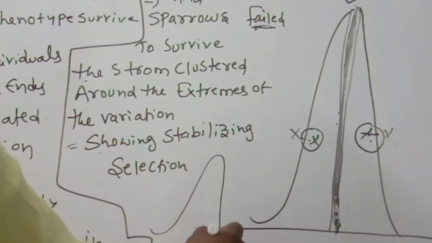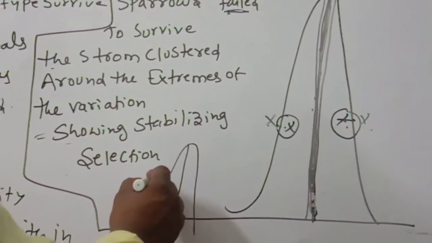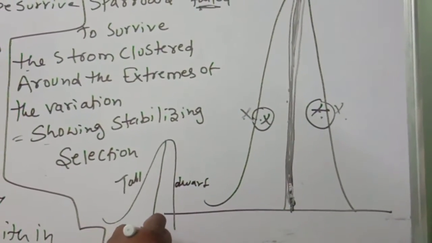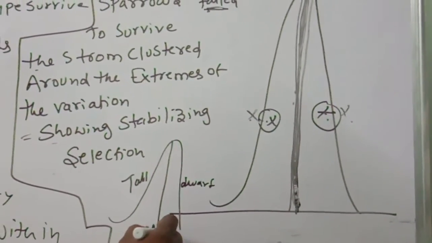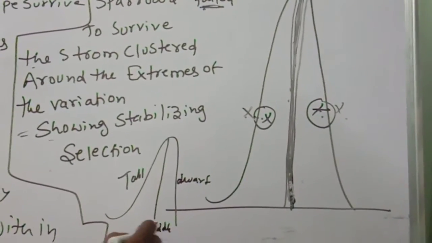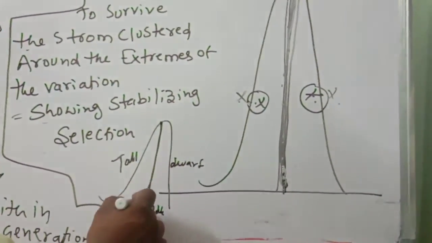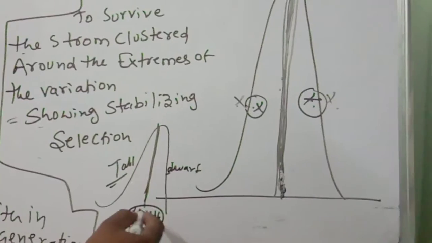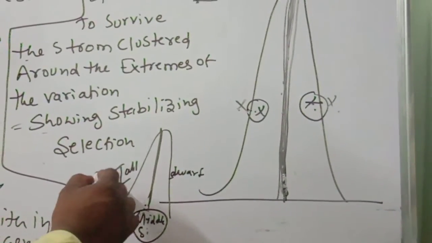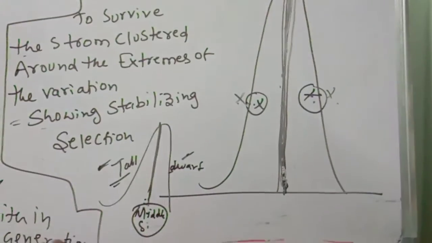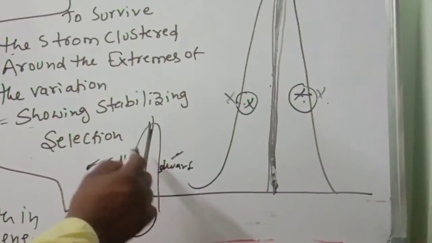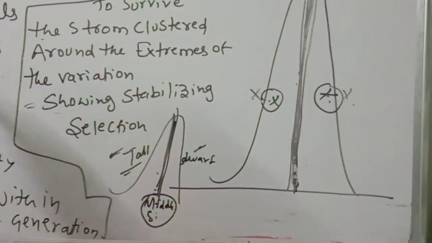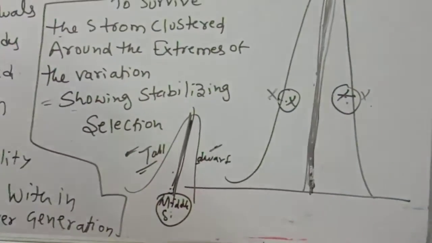And one more example, you see the man. Not tall people, not too many. Not dwarf people, not too many. So who are many? Medium or middle size. Medium size people are more in number, meaning nature selected middle sized or medium tall people only. Too much tall is also not there, too much dwarf is also not there. You will see the maximum number are middle tall or medium sized people. That kind of selection is called stabilizing natural selection.